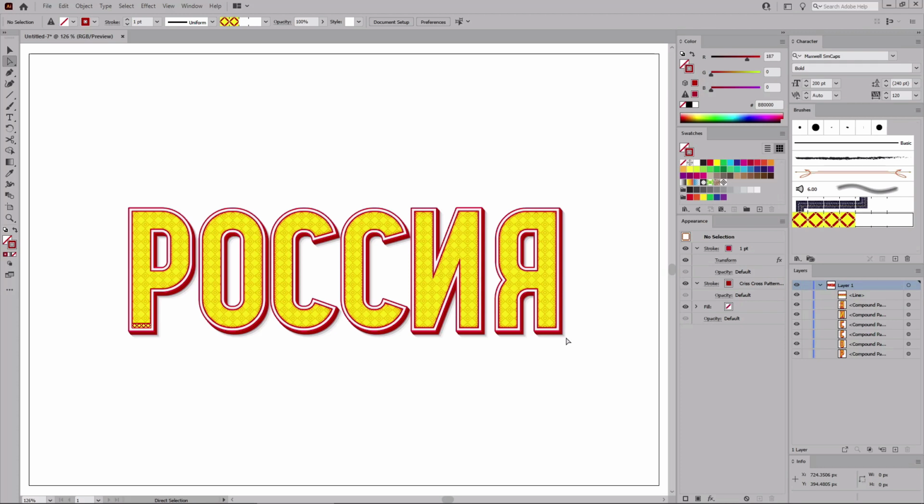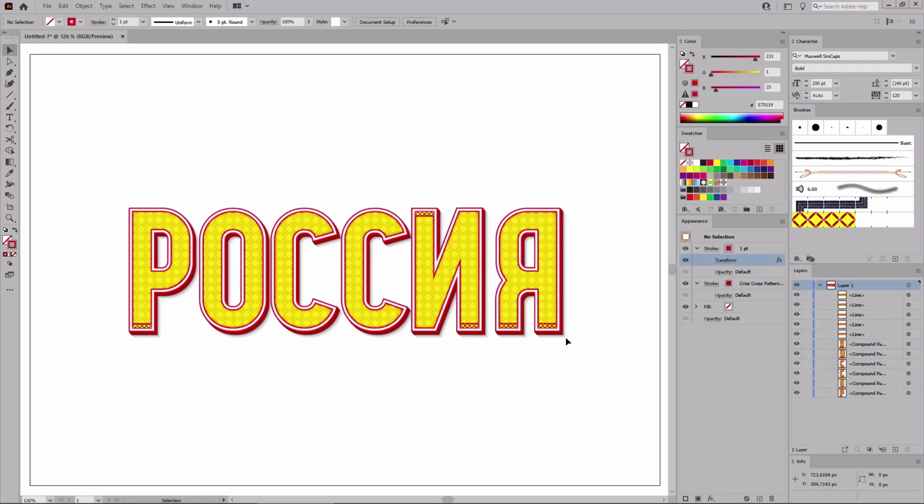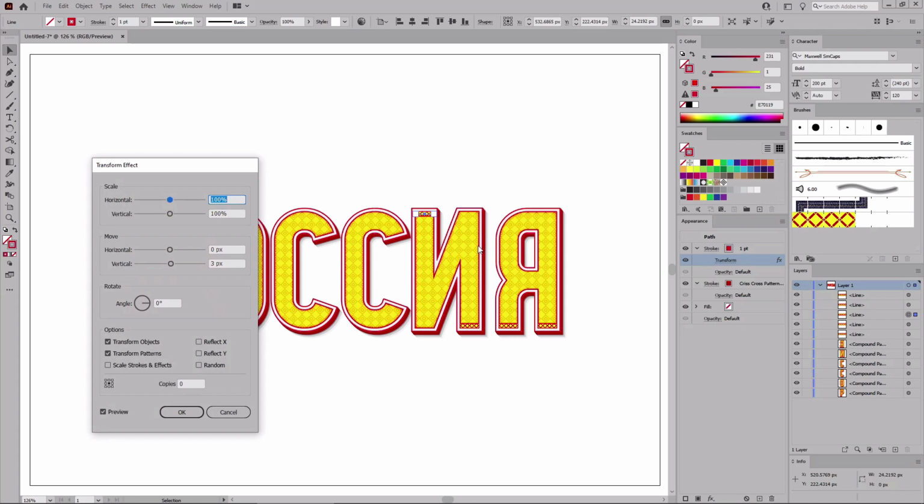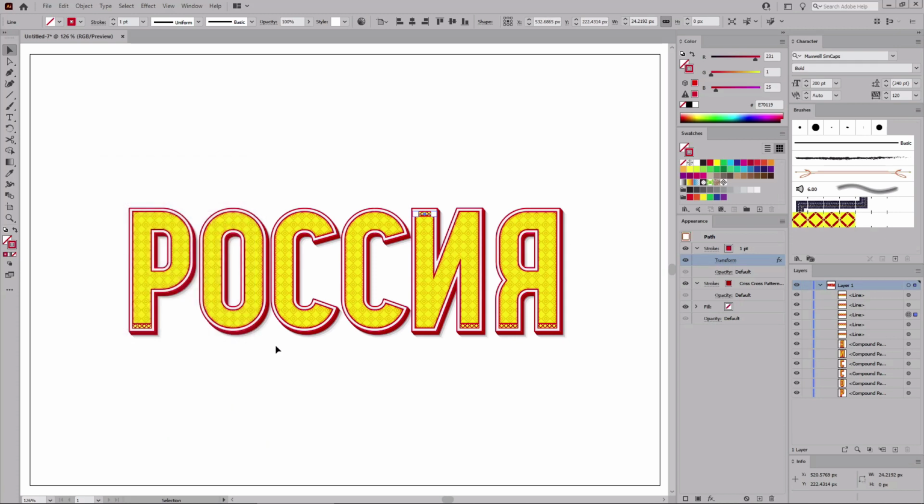Press Ctrl and 0 to zoom back on your entire artboard, and using the same technique you can continue to decorate the rest of your letter shapes until you end up with something that's somewhat similar with this. All you need to keep in mind is that when you are using this technique for the top side of a letter shape, you need to set the setting of this transform effect to 3 pixels instead of -3 pixels.